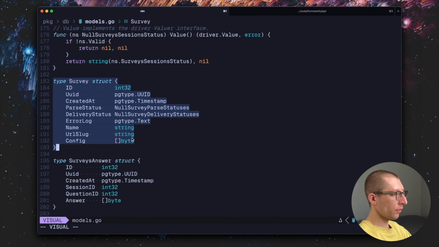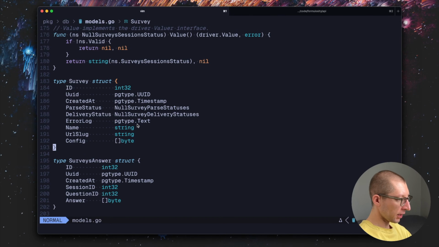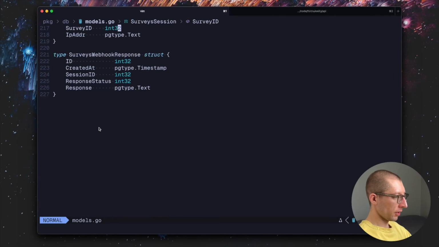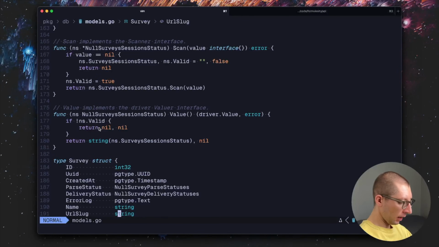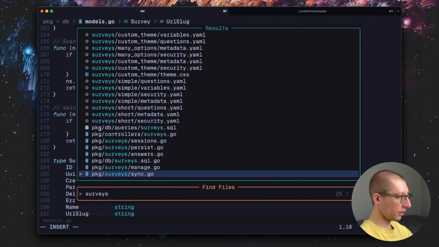So here's our survey table. It used PG type for UUIDs, timestamps, so very nice. And then other tables, right? And all the types and some functionality. And then we've also seen our